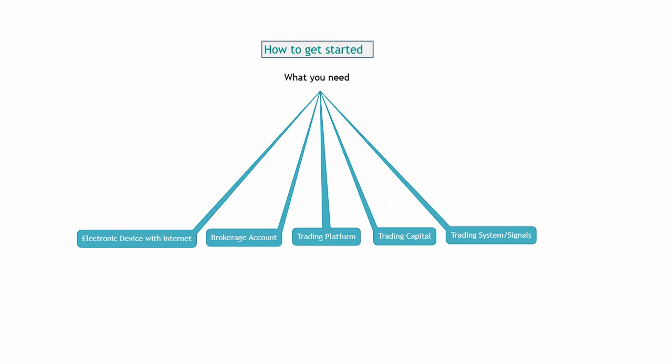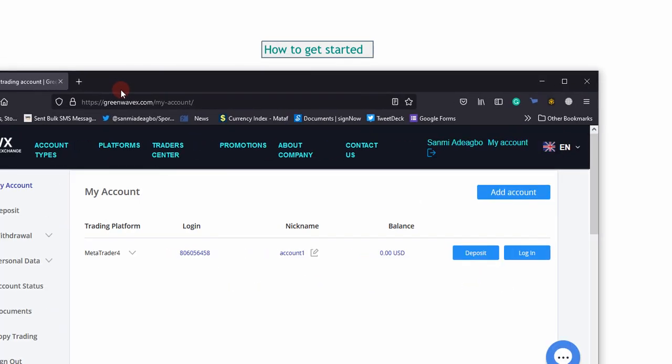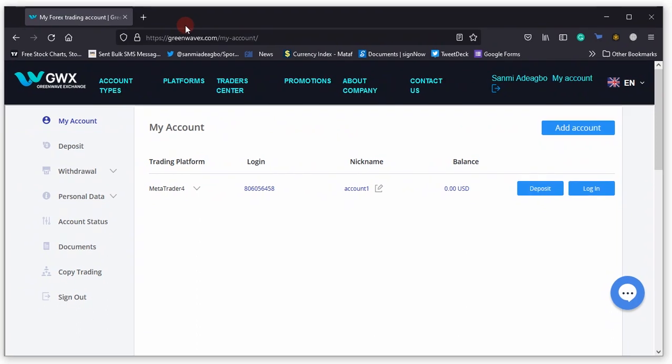So you're going to be using greenwaveexchange.com because Greenwave is a very regulated broker. It's very solid, very stable. It's global. All right, has a presence in Africa and in other regions of the world, and of course with Greenwave you'll be able to deposit quickly and withdraw quickly, so there won't be any kind of manipulation. So you should have an account with Greenwave. So I'm going to show you how you can set up an account with Greenwave and how you can navigate through the account. Okay, so this is my own account already set up,